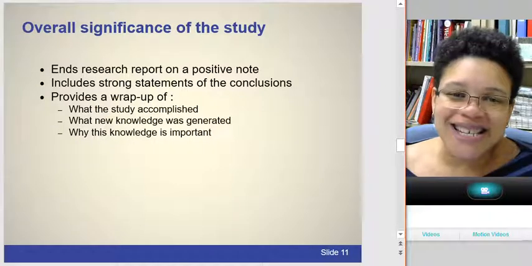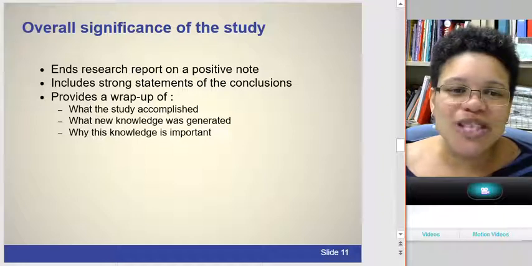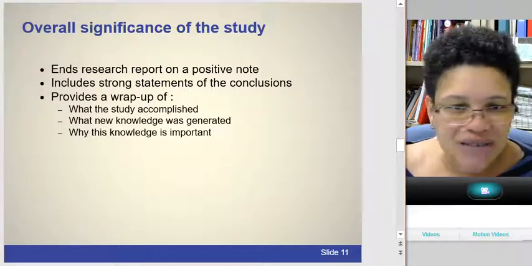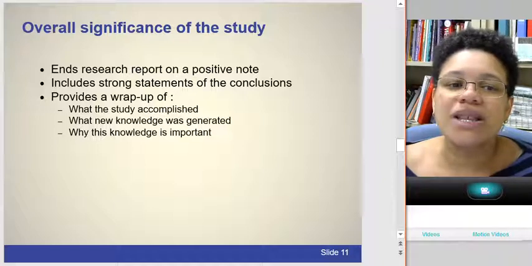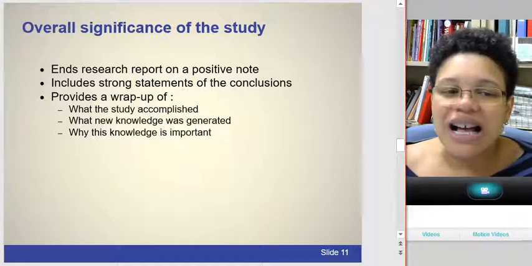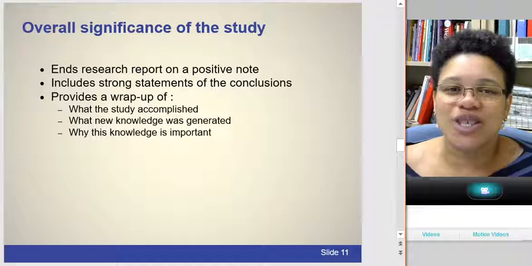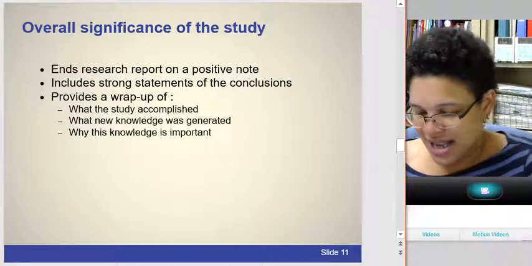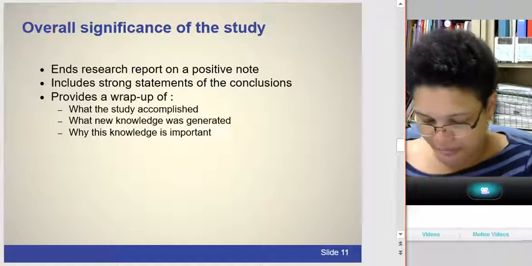The overall significance of the study. This ends the research report on a positive note. It includes strong statements of the conclusions and a wrap-up of what this study accomplished, what new knowledge was generated, and why this knowledge is important. So like my last sentence said,